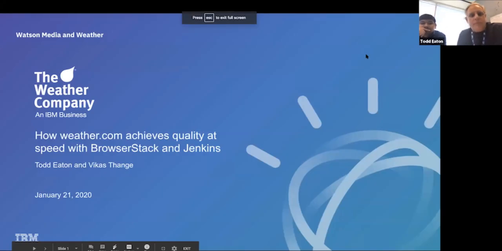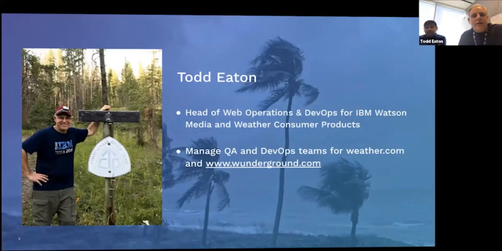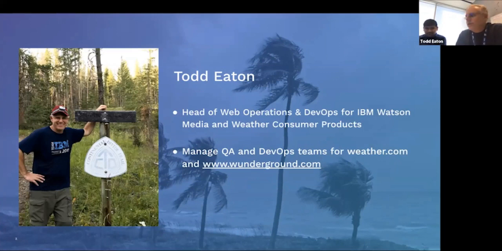So, my name is Todd Eaton, and I'm here with Vikas Thange. We're with IBM, and we do deal with weather.com and wonderground.com. To give you a little bit, I'm a head of web operations and DevOps for the IBM Watson Media and Weather consumer products. That group encompasses the QA and DevOps teams for weather.com and